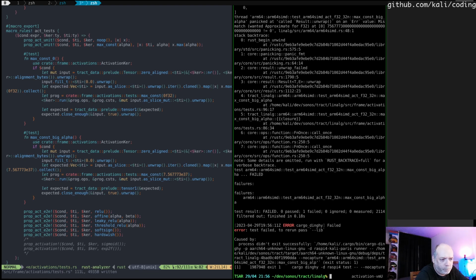Okay. Wanted approximate 0 blah blah blah is different than 0. Yes, it is. And okay. So I'm doing expected. The left is expected, and